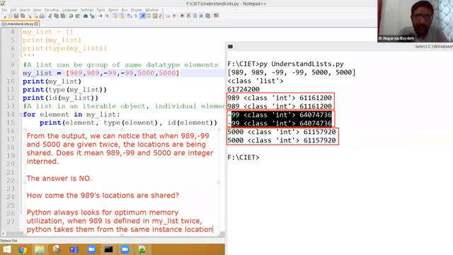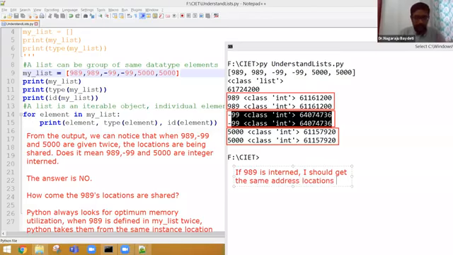Okay, suppose if 989 is interned, I should get the same address locations when I execute the program again. When I execute the program, I should get the same locations, but we will get another set of locations.